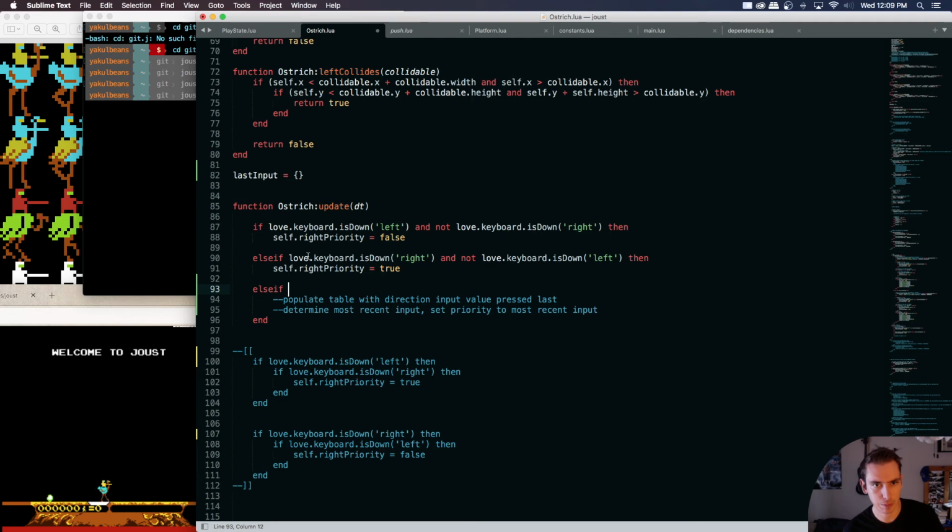We only need to populate it on both inputs, because that's the only time we're trying to do something special with it. So if both are pressed, how do we